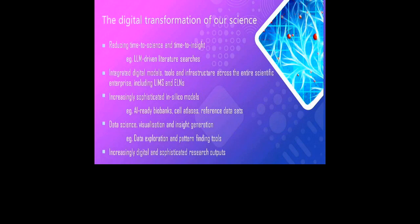And the classic example I've quoted here, I'm sure you all do it, is using large language models to help with literature searches and things like that, to help speed up the process and reduce the time to science. But there's a bigger story there. Over the next number of years, you'll start to see more and more foundational generative models starting to play in this space. I've included an example which is more directly relevant to the Sanger, which is about